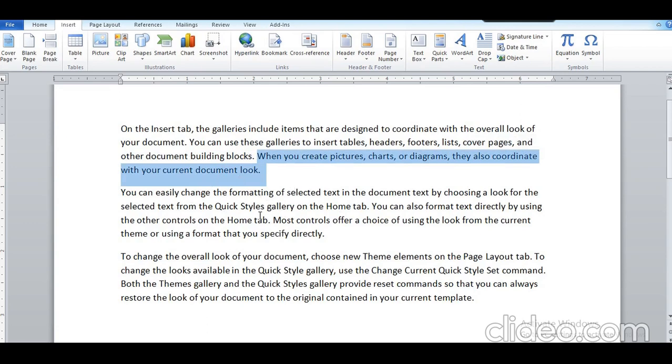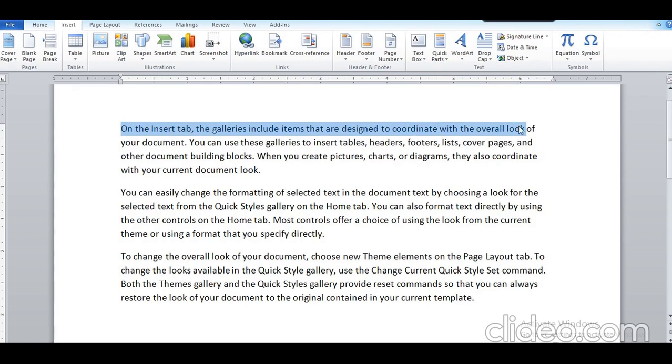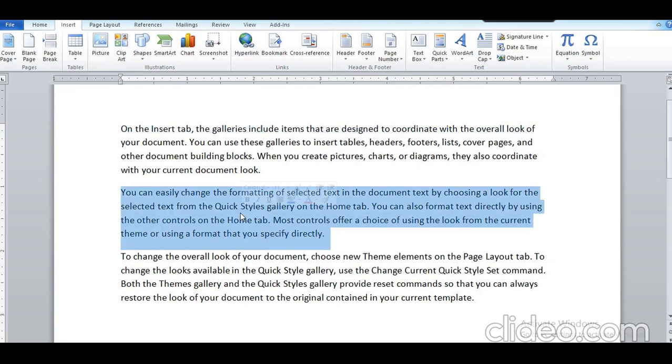Again I am telling you, to select a word, double click on that word. The word gets selected. To select a line, put the mouse pointer in the front of the line, keeping the mouse pointer in the left margin. A line gets selected. For a paragraph, thrice click on the paragraph, anywhere in the paragraph, and the paragraph gets selected. In this way, for a sentence, hold the control key and click the left mouse button on the sentence.